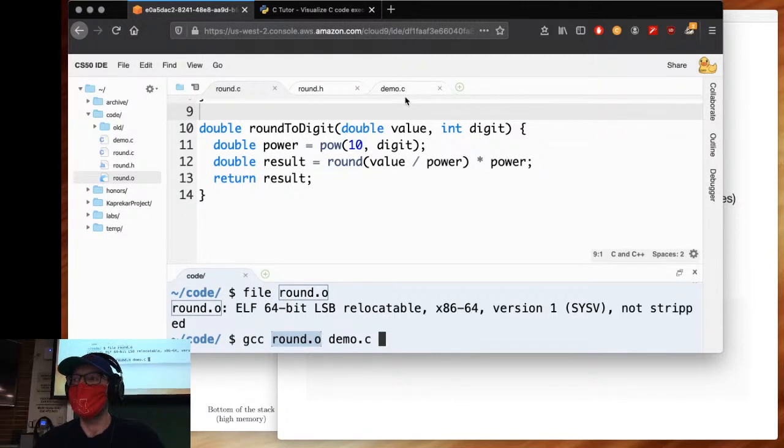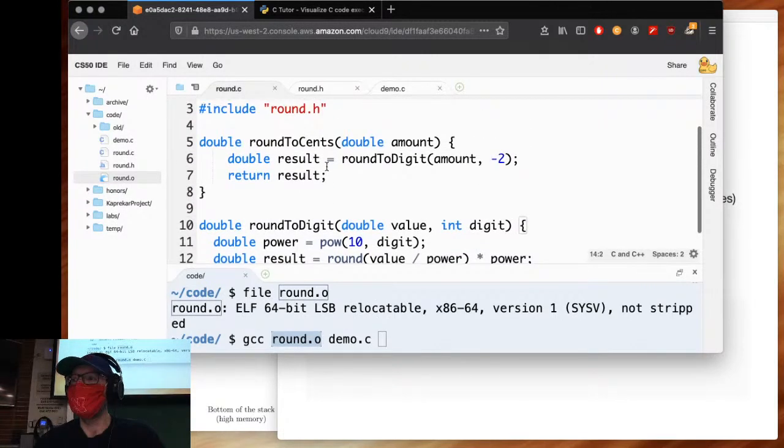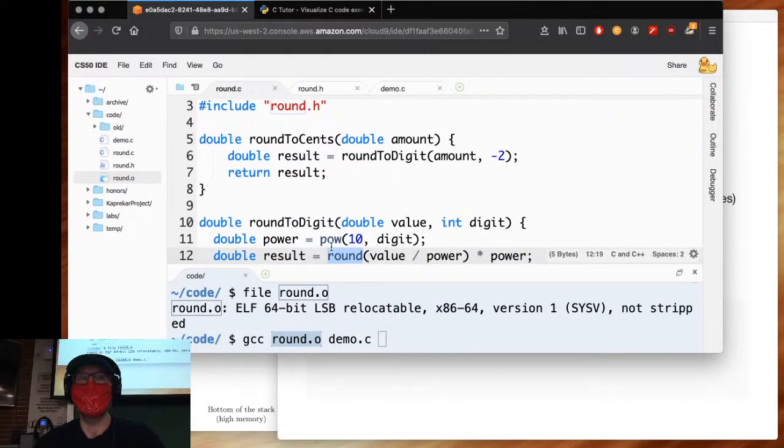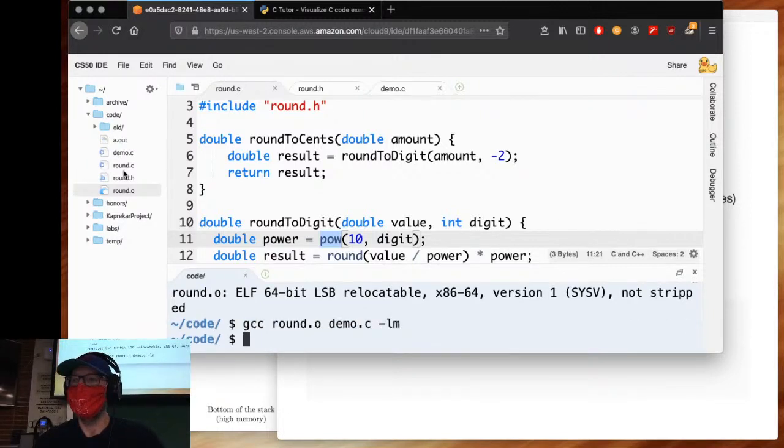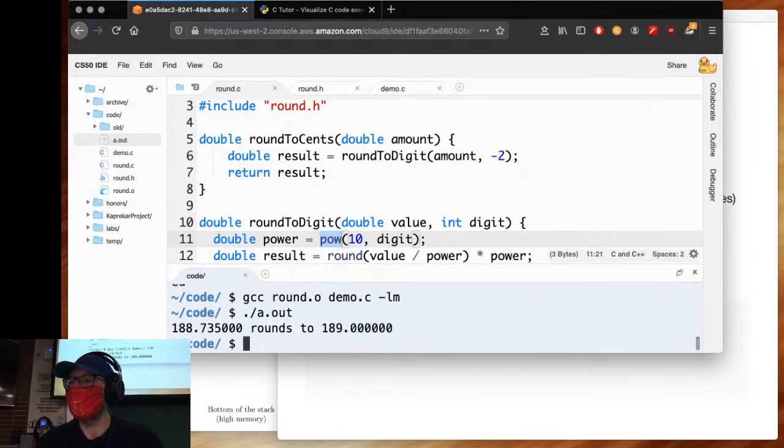Now, in the round.o file, we did use the math library. We used round and pow. So what else do we need to link in? We also need to link in the math library. I will copy paste this so that we have it, and when we do that, you see that there's this a.out file that has now been produced, right? So when I run it, a.out, now